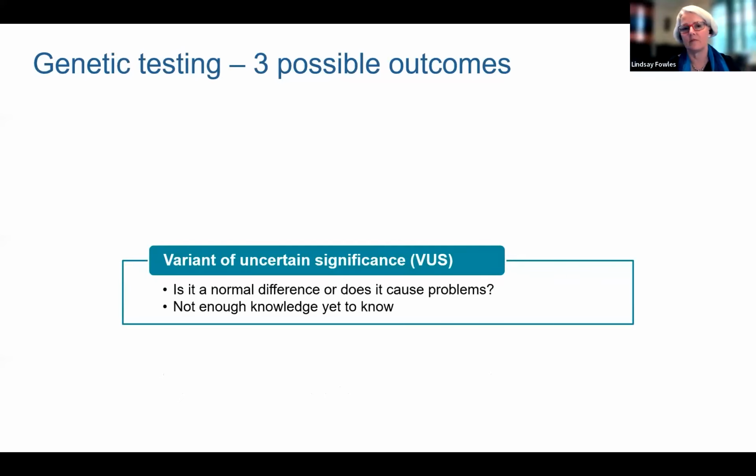Our third option, and this is the most difficult one to explain, it's what we call a grey zone result. So finding something and finding nothing, we call that black and white. It's very clear, black, white. Then we have this grey zone result, a variant of uncertain significance. Now we're very, very good at using big words to explain something simple. Variant of uncertain significance. A variant just means we found something a bit different. Uncertain significance just means we don't actually know what it means right now.